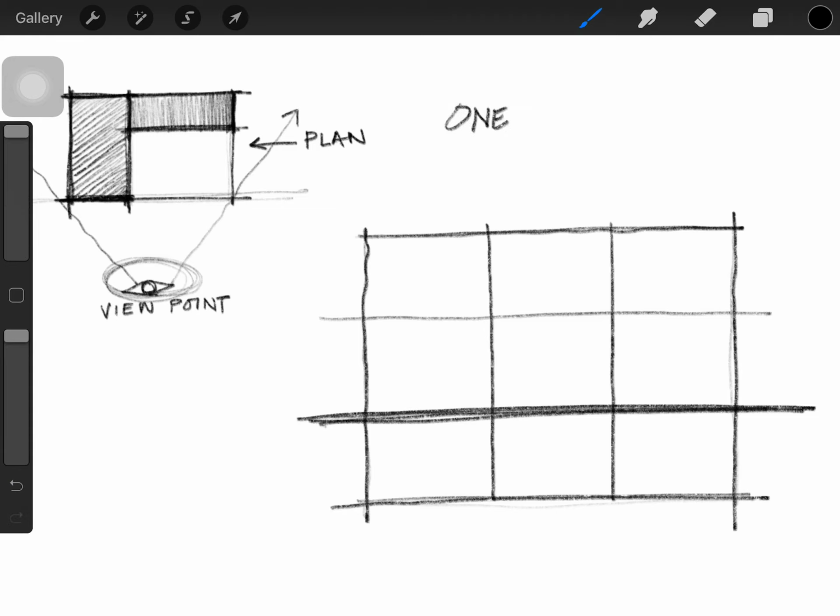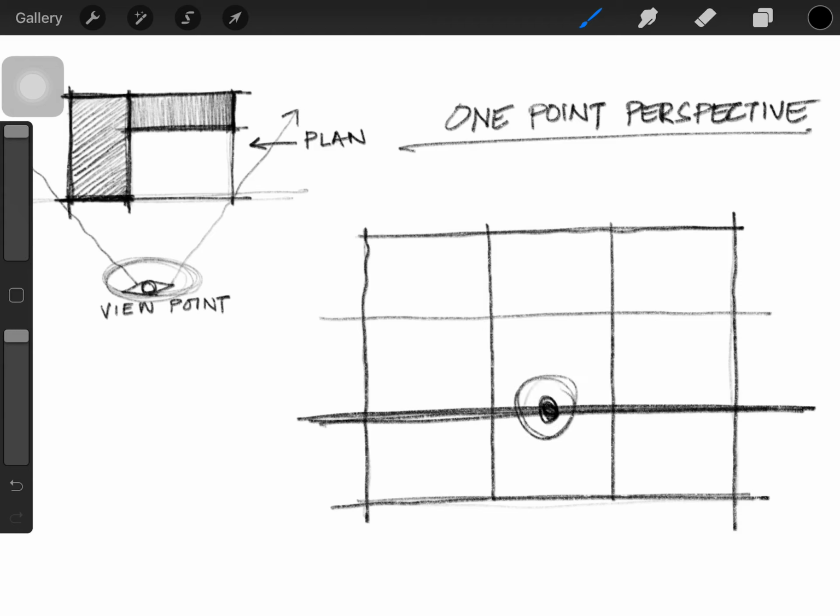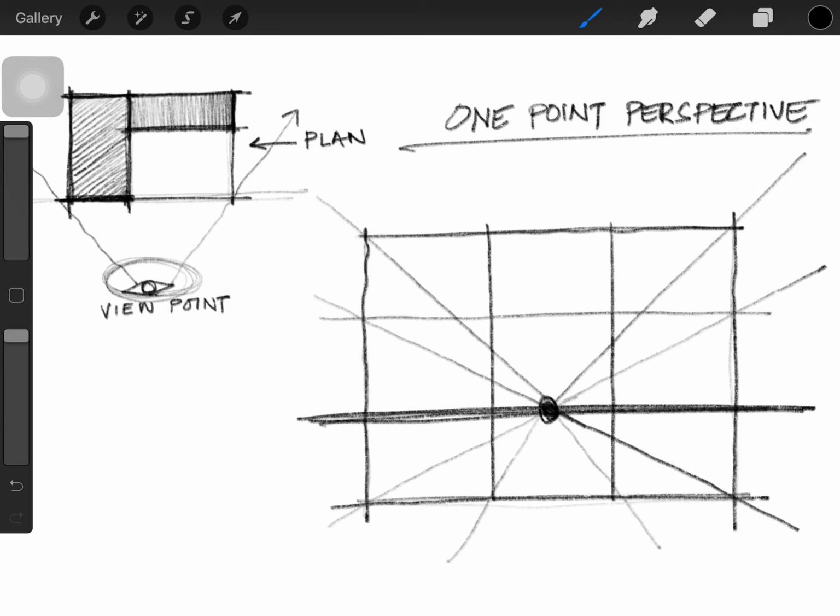So I'm gonna start showing you the one point perspective that we were talking about. As the name suggests here, we are gonna have only one point of perspective on the horizon line. The first thing you can try doing is create radial lines touching all your coordinates of the grid lines on your sheet, meeting at the vanishing point. This radial grid line is going to help you to draw the inclined lines to create your perspective sketch.